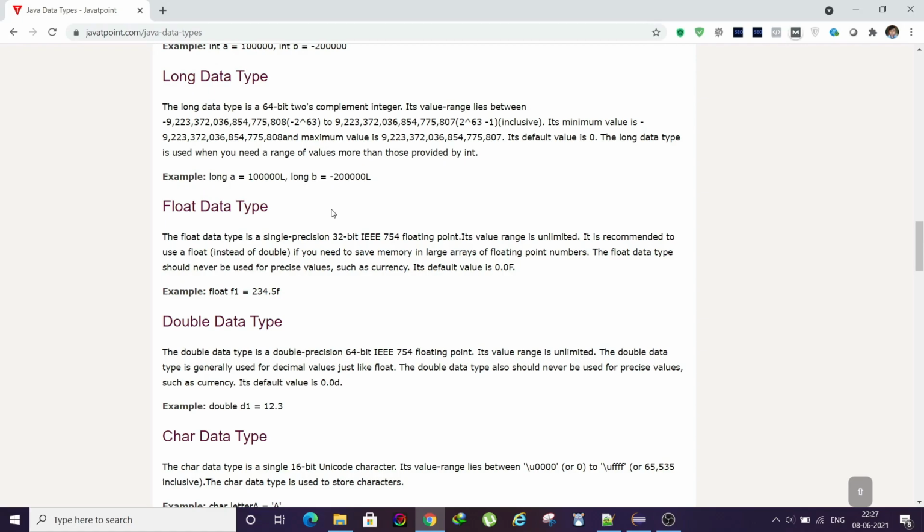The practical use is that whenever you want to write code which does not require that much precision but requires faster processing, you can use float. And whenever you need better precision and do not have to worry about space, you can use the double data type.